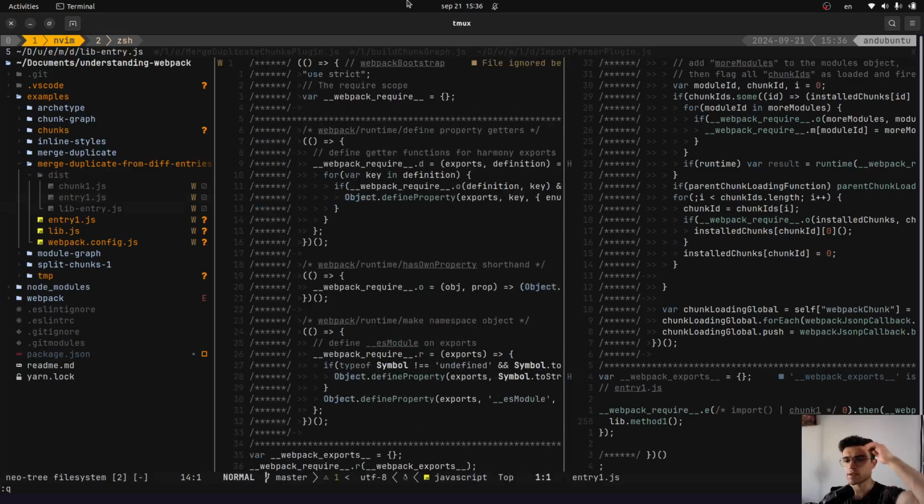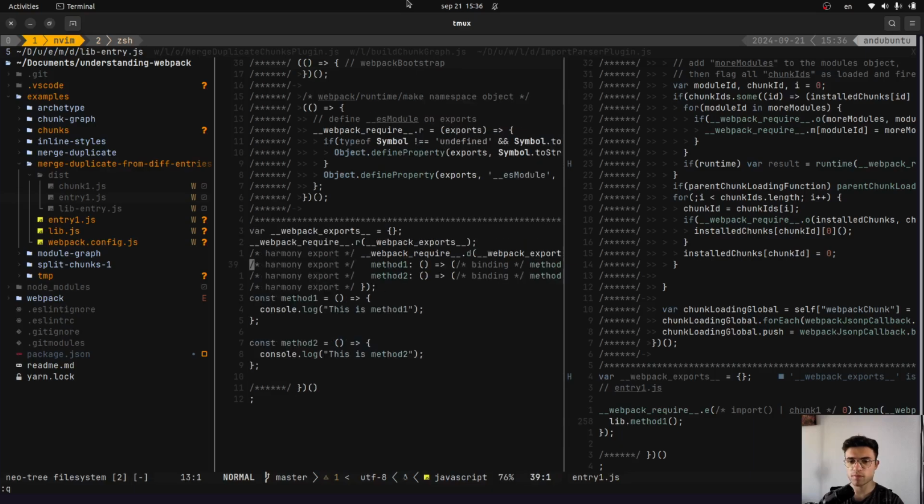So it means that Webpack is doing a smart thing to not add more code than needed, which is nice. I didn't know about this. But anyway, what's important to get from all of this is that